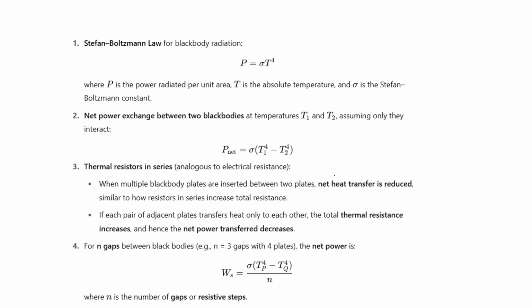So the key concepts required here: first is the Stefan-Boltzmann law, that is P equals sigma into T to the power 4, and the power exchange between two bodies, in which suppose one is at higher temperature, the net heat transfer is sigma into T1 to the power 4 minus T2 to the power 4. And when we are inserting further two plates or n plates, then the net heat transfer will be reduced, and they will behave like a resistor,